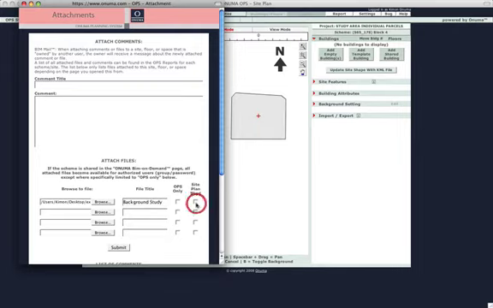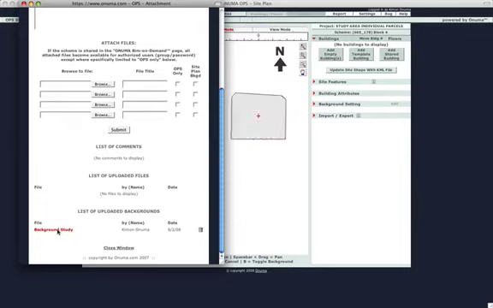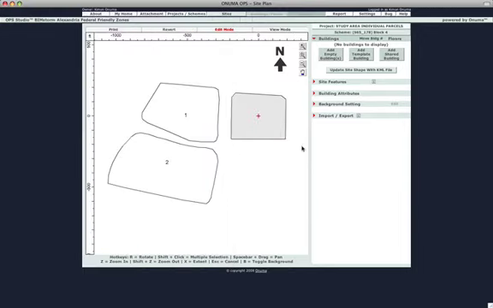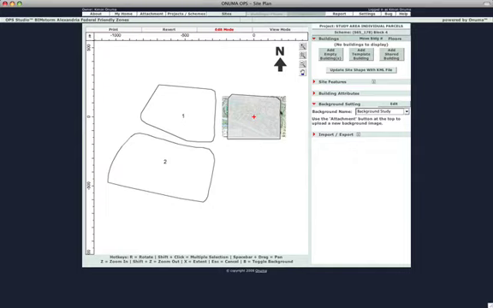background study and call it a site plan background, which will allow us to import it into the site. Once it's uploaded, it shows up on the list of uploaded backgrounds down at the bottom. We'll close this window, and now in our background settings we'll have an option to turn that on. It will not be to scale. If you click on the B button, it actually unlocks the background, so you can drag it around and start